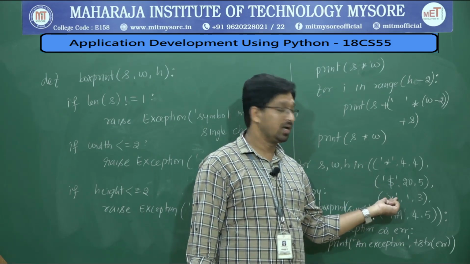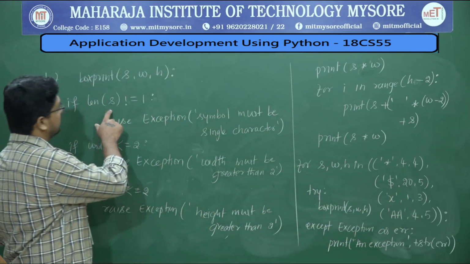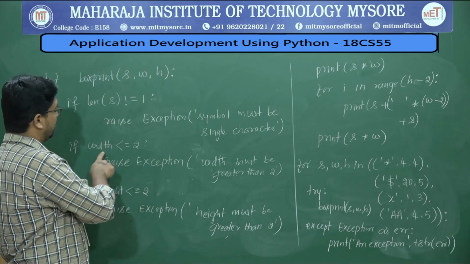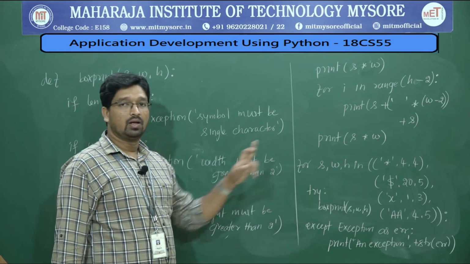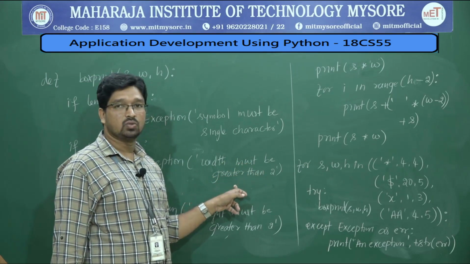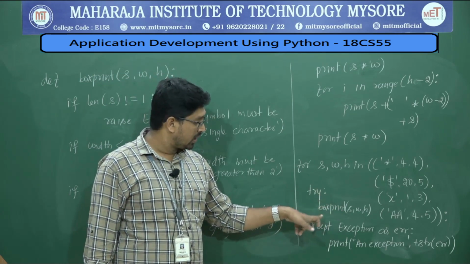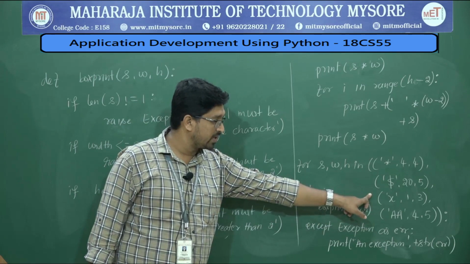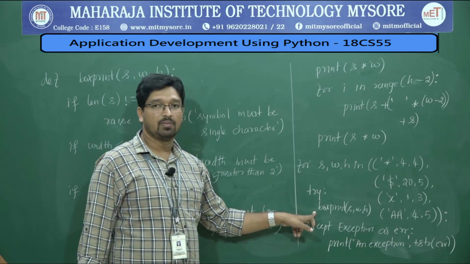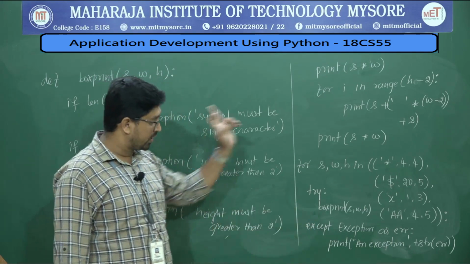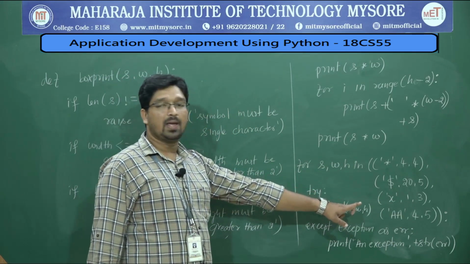Next we have a character X to be printed, but the width is only 1. So here X is checked, which is false. Whether width 1 is less than 2, true. So it will go to the exception block saying that width must be greater than 2. So the rest will not execute, it will go to the try block, and this statement is skipped. X13 is skipped. It will go to the exception block printing the error message. Then it will go back to the next statement, AA45. So what is AA?